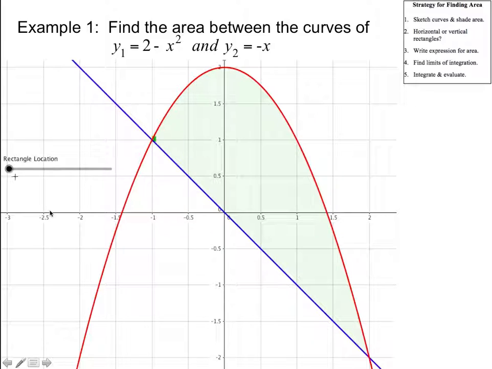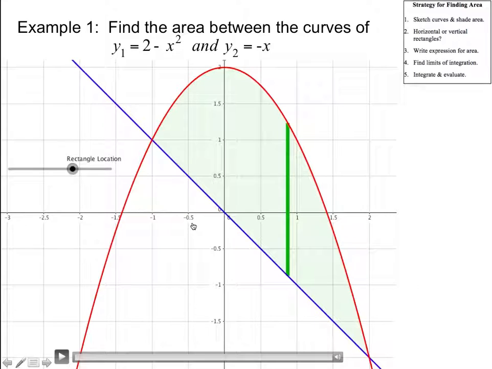So we want to set up a vertical rectangle here, and that vertical rectangle goes from the top curve to the bottom curve. So it's our f of x minus our g of x. And so we're going to go ahead and set this up